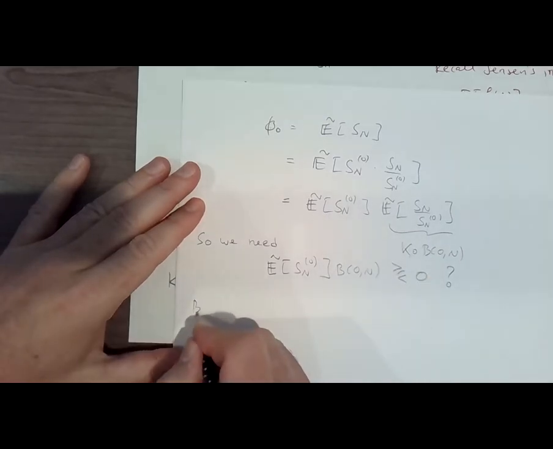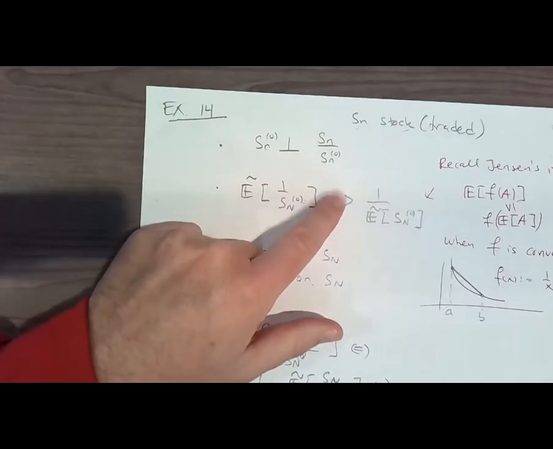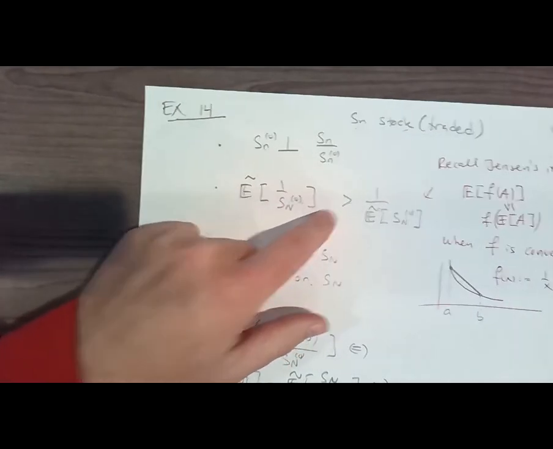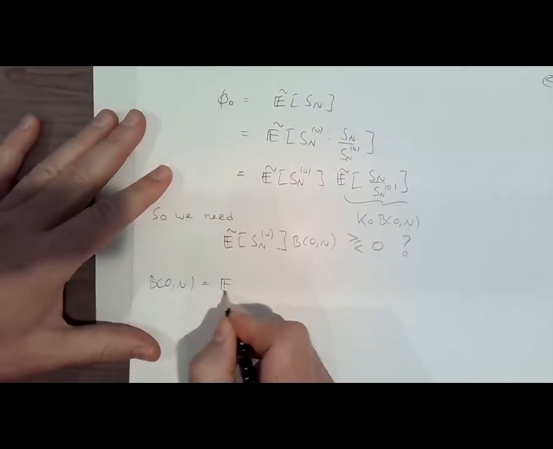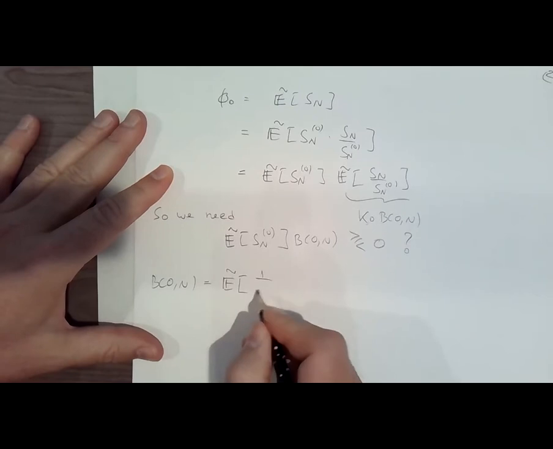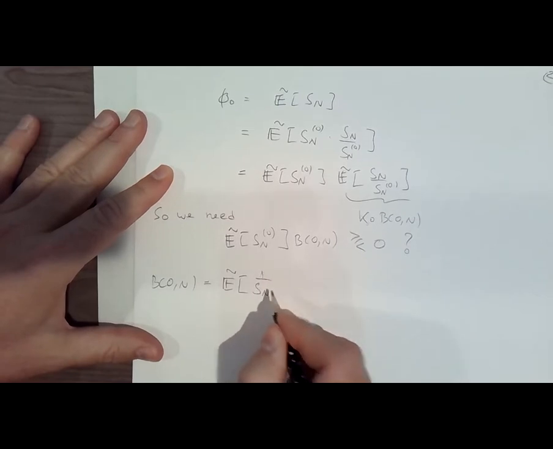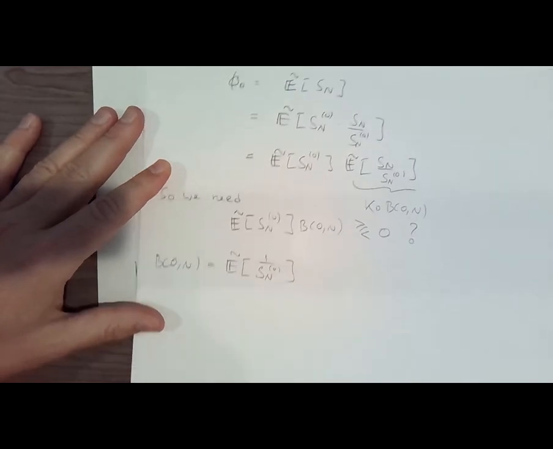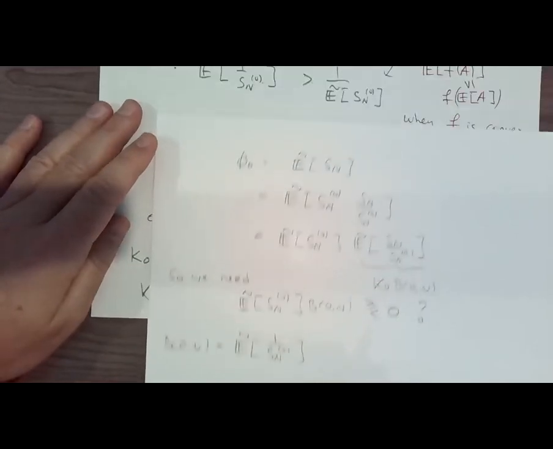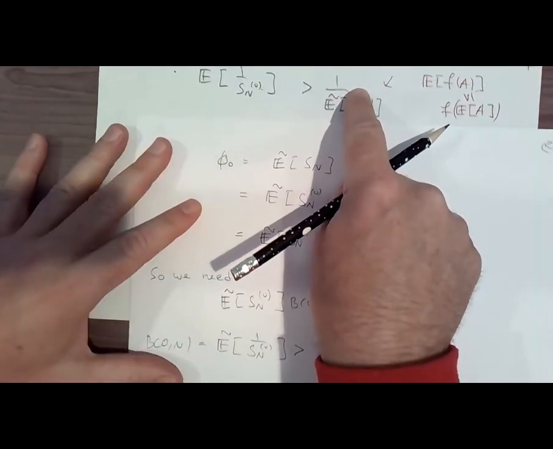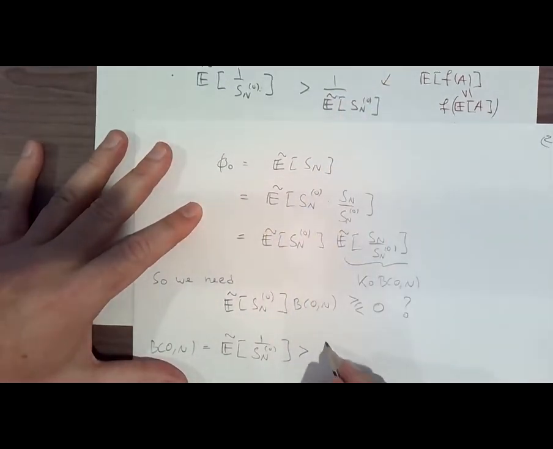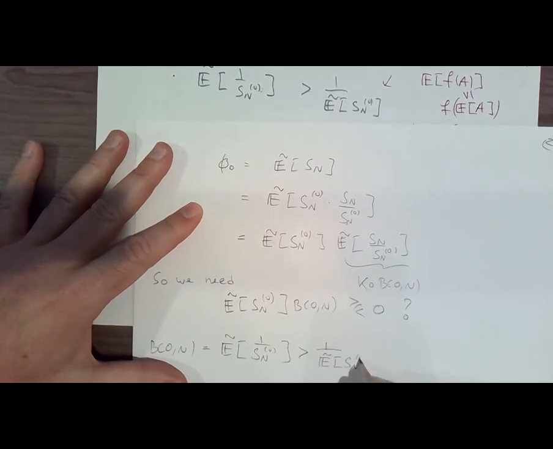Okay, so remember what B0n is. And there's only one assumption left that we haven't used. So it has to be this assumption here that's going to give it to us. So remember what this one here is equal to. Well, by definition, this is the discounted, you take $1 and you discount it. You take the expectation. Right, and so this expectation here is strictly bigger than 1 over the expectation of Sn0.